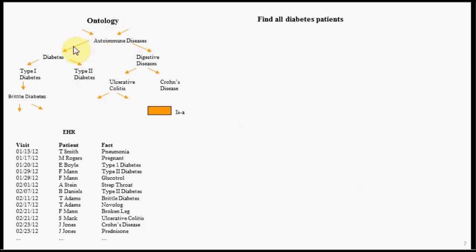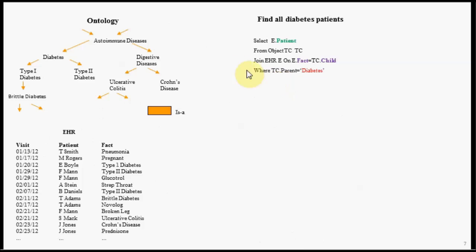So at the top here, we have a graph, something called an ontology, where you have a semantic relationship between nodes here. In this case, it's an is-a relationship here. At the bottom, we have a standard relational table, an electronic healthcare record table here with patient information. And so the query looks like the following select statement here. And what we're going to do is play computer and run through step by step what happens